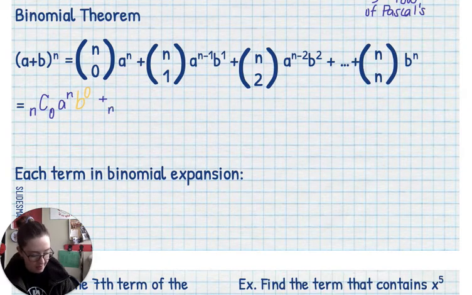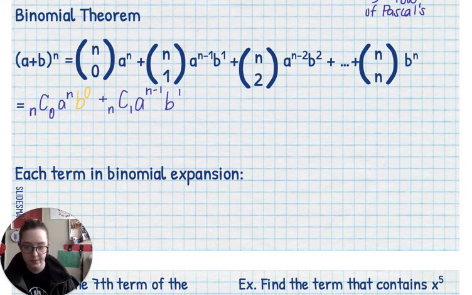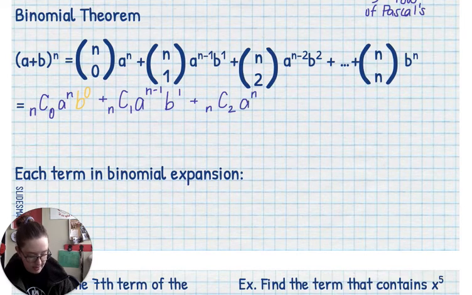Plus, and then we'll have n choose 1 for our first term, a to the n minus 1 power, and b to the first power, plus n choose 2, a to the n minus 2 power, b squared,